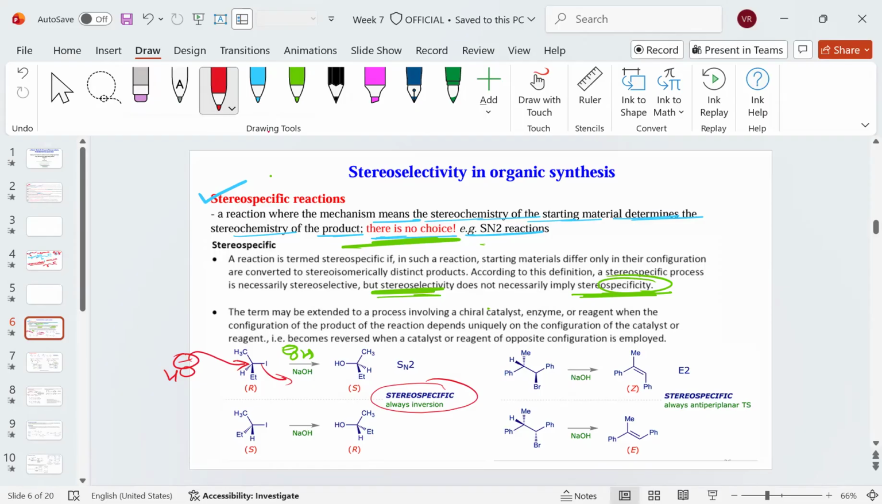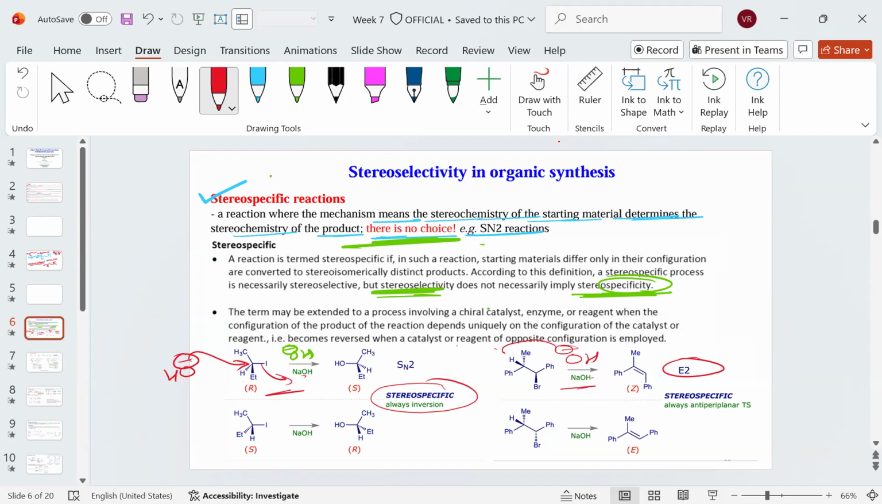Now let's look at another example. Here is an E2 elimination reaction. Why does this 2 stand for E2 or SN2? It is a bimolecular reaction in which the reagent and the starting material are both involved in the rate determining step. So that's why it is called E2 elimination and SN2 substitution, and this E2 is mainly because the reagent NaOH, this O negative,